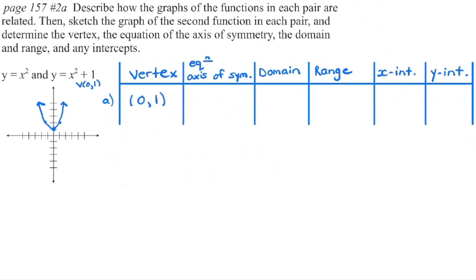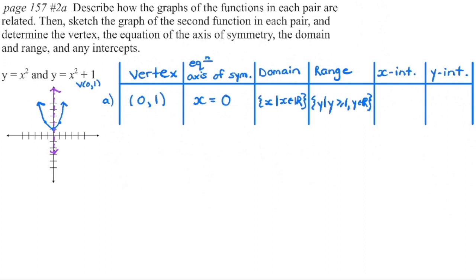The axis of symmetry, remember it's always going to be a vertical line. Any vertical line begins with x equals, and we can see that we're crossing the x-axis at 0. It's always going to be the x-coordinate of the vertex, so the axis of symmetry is x equals 0. Domain, we're going to continue to negative infinity as well as positive infinity. So in set notation, we have a set of x, where x is an element of the real numbers. Range, if we take a look at the y-axis, we start at positive 1, and it's every value greater than that. So we're going to have y is greater than or equal to 1, and